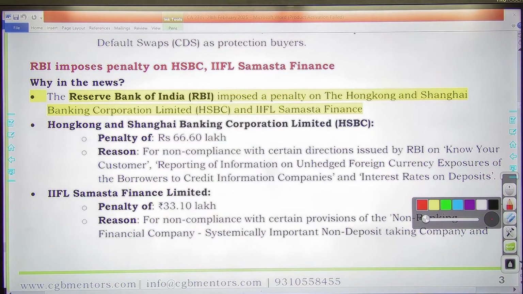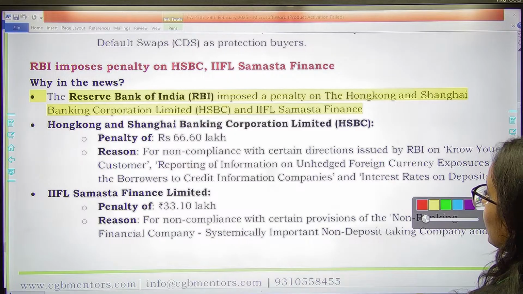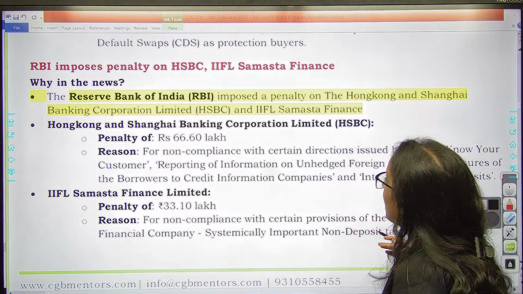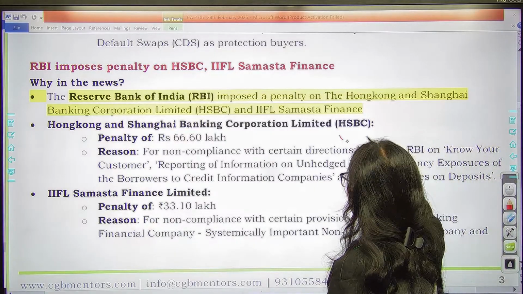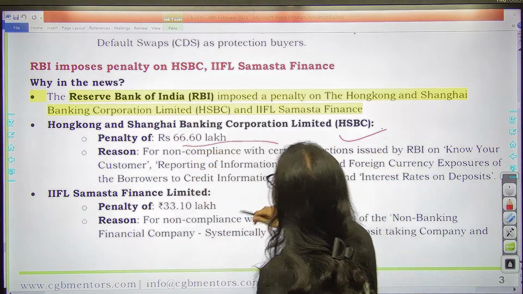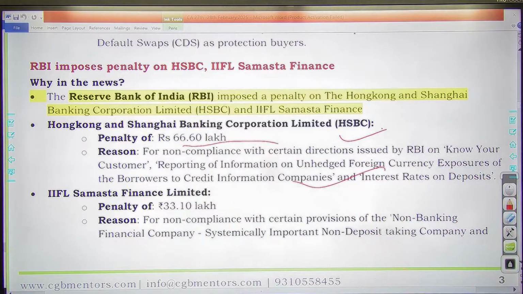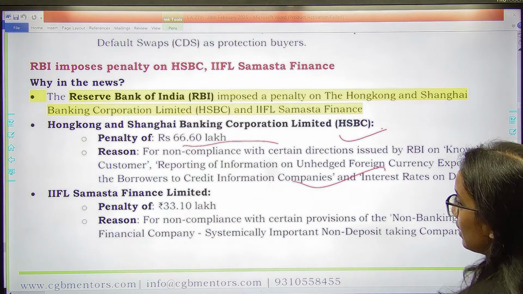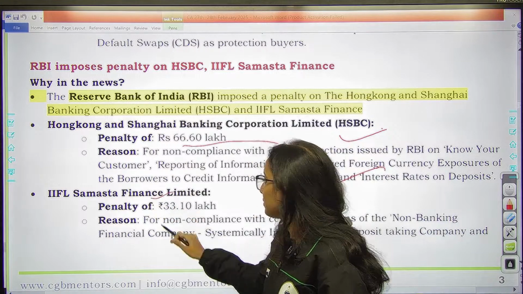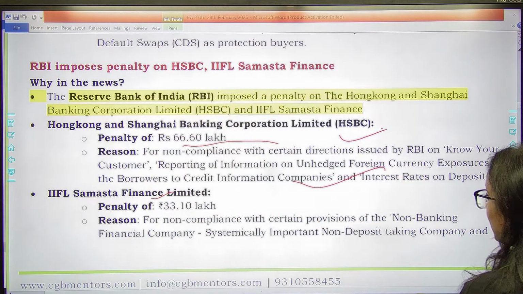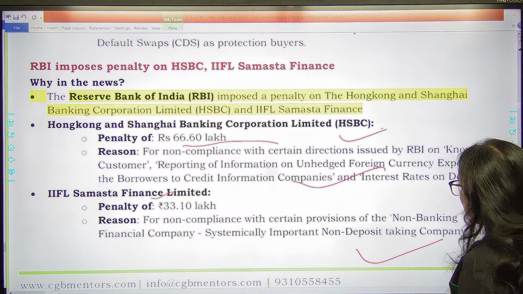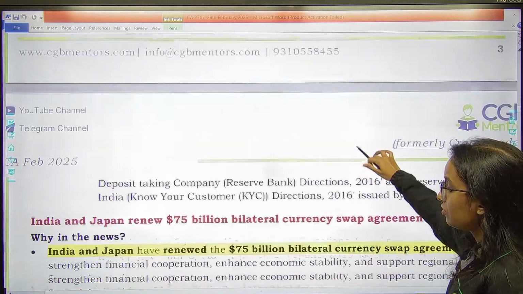Then you have RBI recently imposed penalty on the Hong Kong and Shanghai Banking Corporation Limited and IIFL Samasta Finance. Hong Kong and Shanghai Banking Corporation Limited पे 16.6 lakh for non-compliance with certain directions regarding KYC. IIFL Samasta Finance Limited 33.10 lakh penalty for non-compliance with NBFC rules and guidelines. Then you have